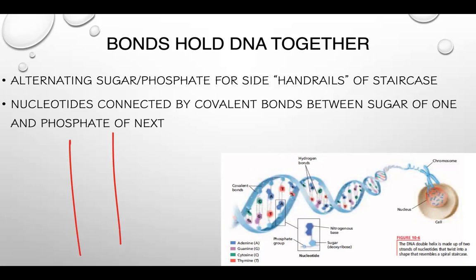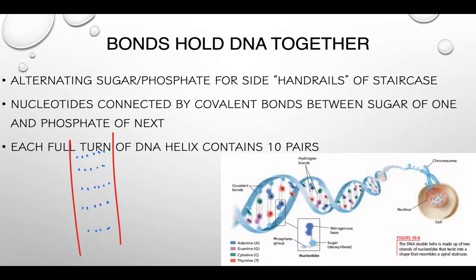45 degrees or higher. And then these weaker bonds that you have holding the steps together have everything to do with how DNA copies itself. Okay, I'm going to talk about that a bit later, but it's really important that you understand that the sides of the stairs are held together with covalent bonds, but the steps are hydrogen bonds. Hydrogen bonds are weaker. They're easily broken. Keep that in mind for when I talk about